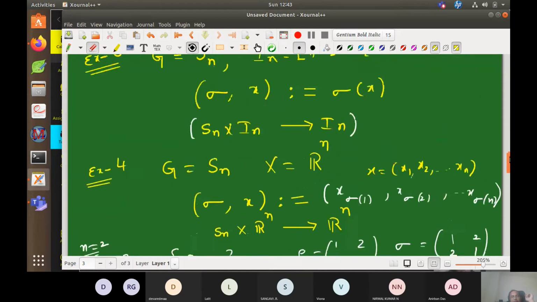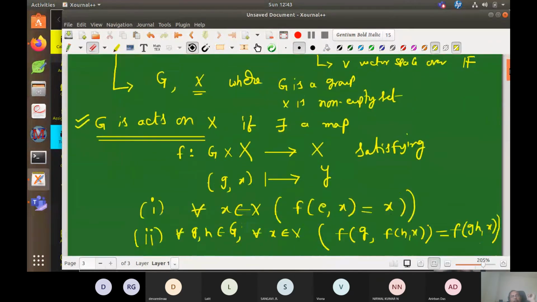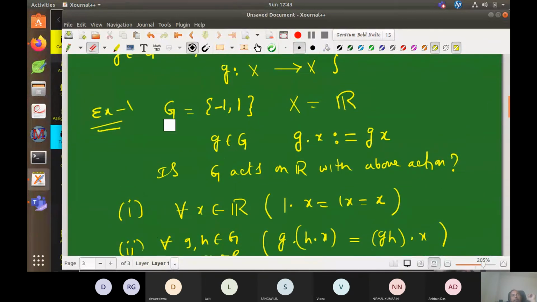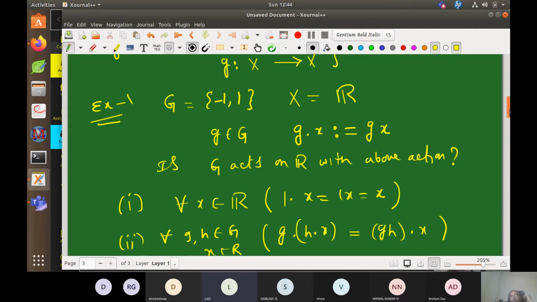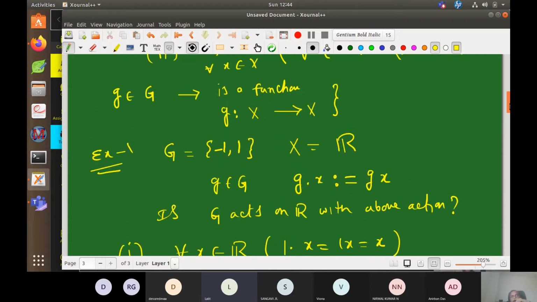Even the first example, minus 1 acting on x, is also good, right? Minus 1 acting on the real numbers. Which element does it fix? Here also they are actually reflections, you see. Minus 1 also reflects the real line. Can we take the determinant and then multiply componentwise? In this one X is R, but in that one X is R^2, and the determinants are 1 and minus 1.